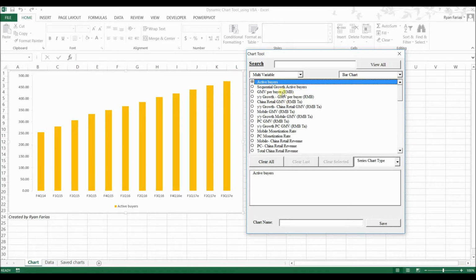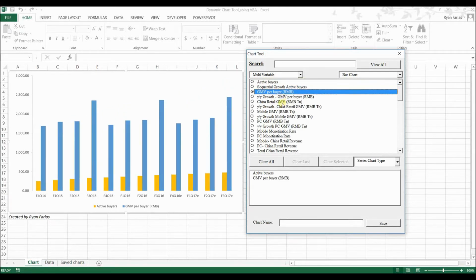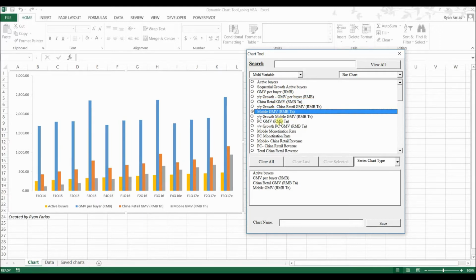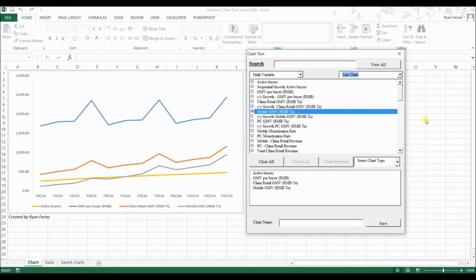Hi, this is Ryan Fries, and here's a short demonstration of this Excel sheet that I built to automate the process of drawing charts in Excel. This clearly uses some programming knowledge, but the great thing is that everything built in this is done within Excel